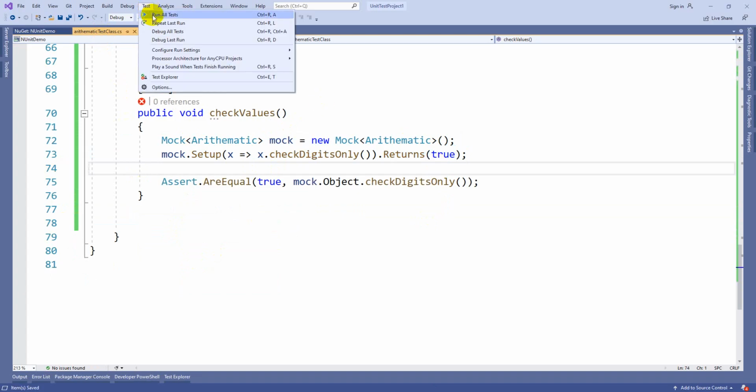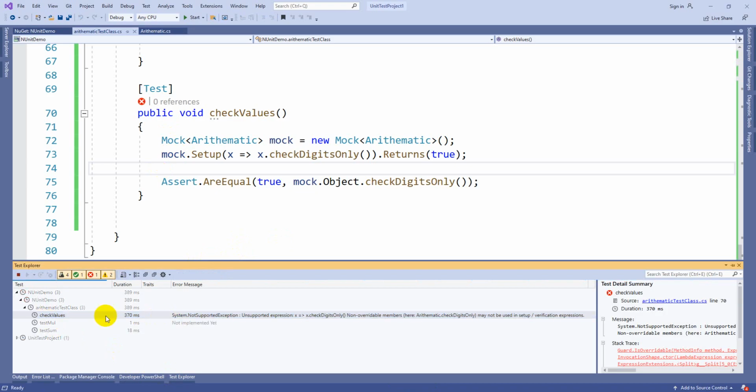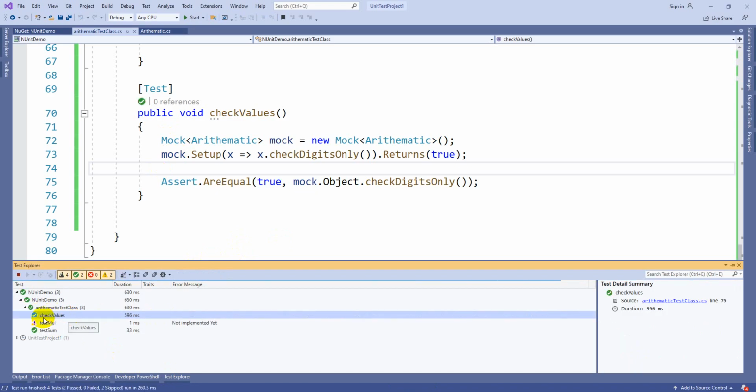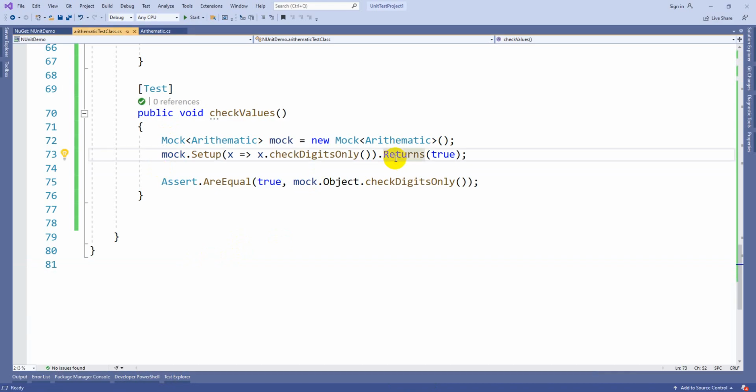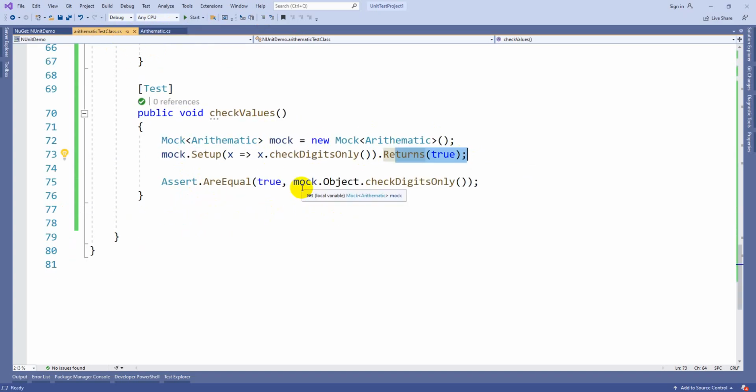Now it will execute. You can see this, Run All Test Methods. Go to this test. Now it will pass. You can see this. So what I mean to say finally is, you can bypass the result of any unimplemented code by using the mock framework, by using this Setup method. You can return a fixed value every time you call from the test project. The only complication is you always have to keep the method virtual, otherwise you cannot bypass the values. So this is how you can implement a mock project.